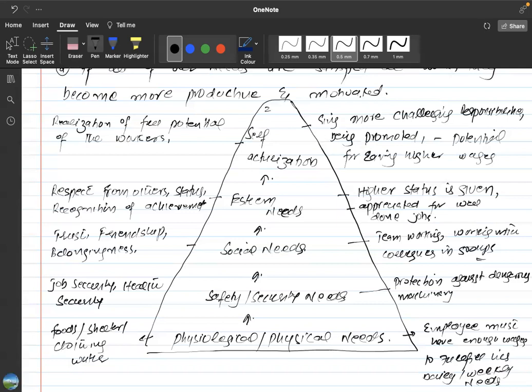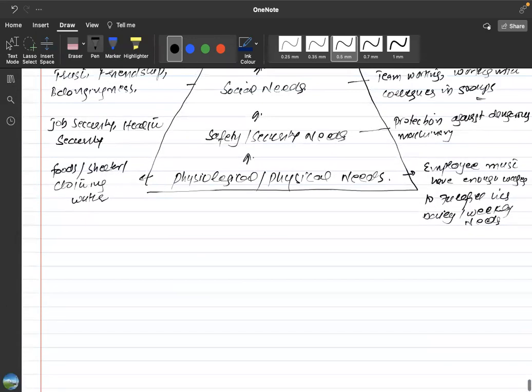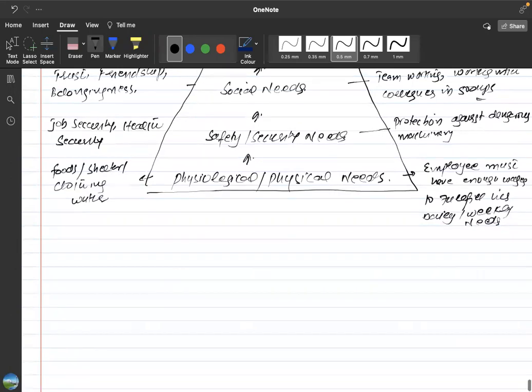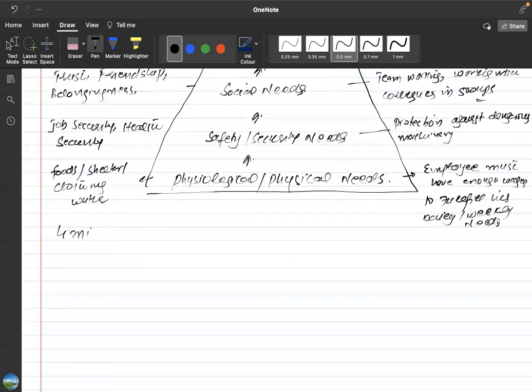I have tried to cover almost everything. Yes, physiological needs, safety needs, social needs, esteem needs, and self-actualization needs. Now we will study the limitations of this theory, and then we'll come back to your questions about this theory. Talking about the limitations of Maslow's theory,